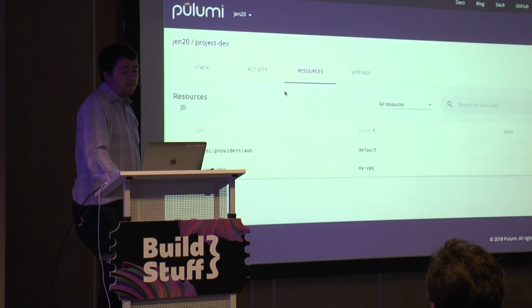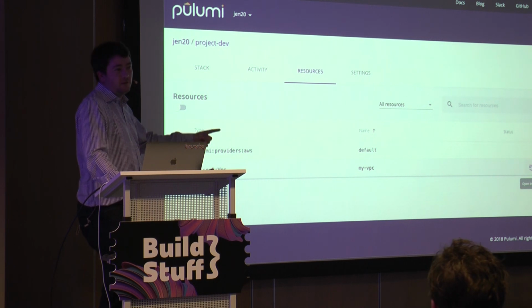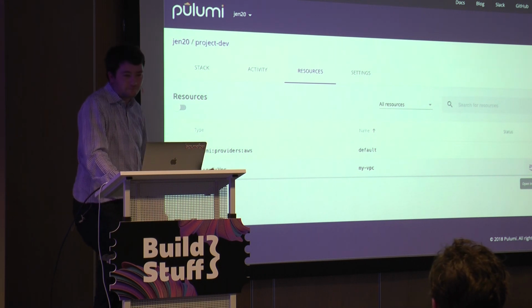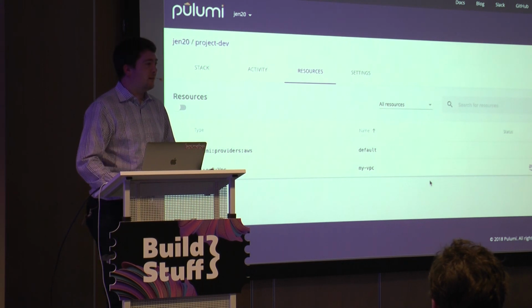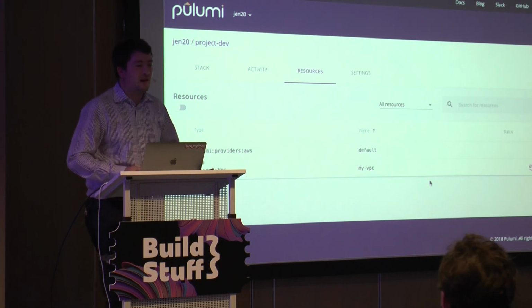You can go and see the resources, and does anybody here work with AWS on a day-to-day basis? Cool, so this is the most useful feature of the lot. For every resource, you can deep link into the console for it. And it will just open the UI for it, which doesn't mean much unless you have to do it on a day-to-day basis, in which case this is like the most useful feature you've ever seen for anything.